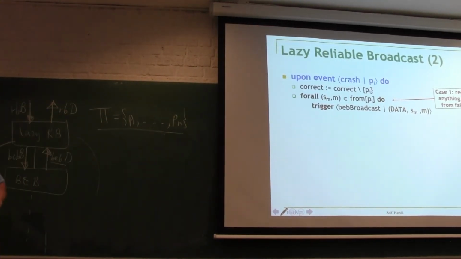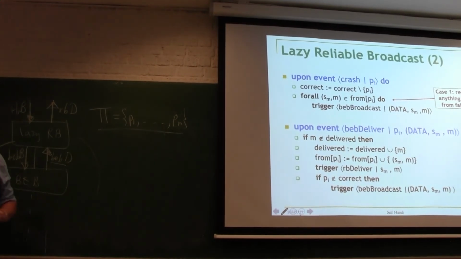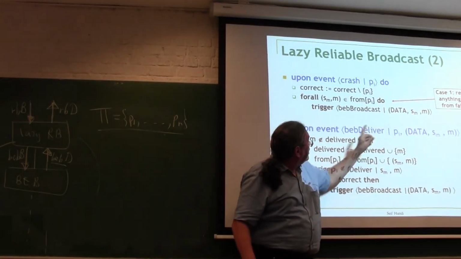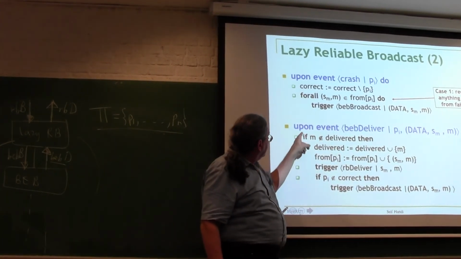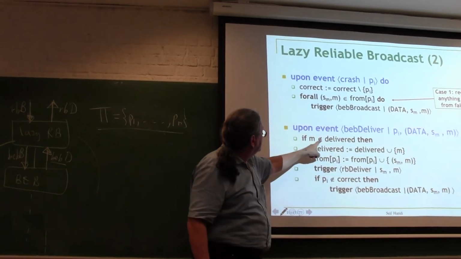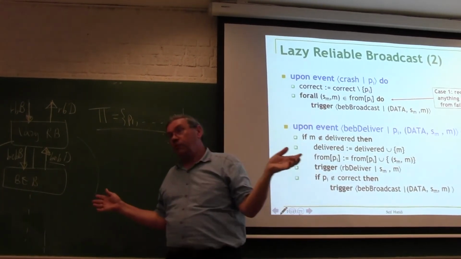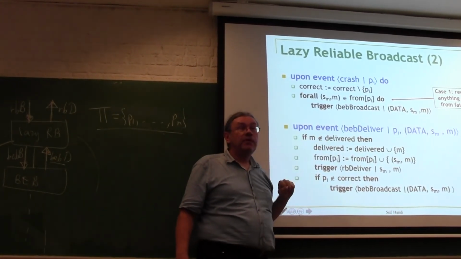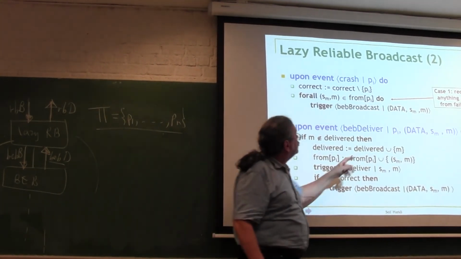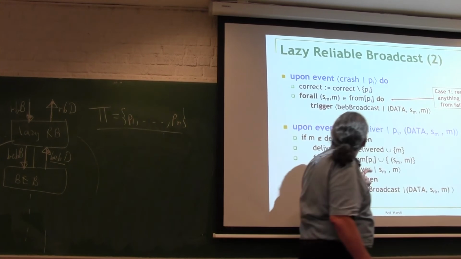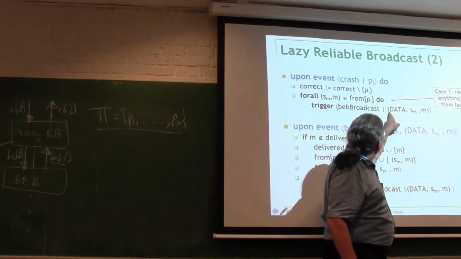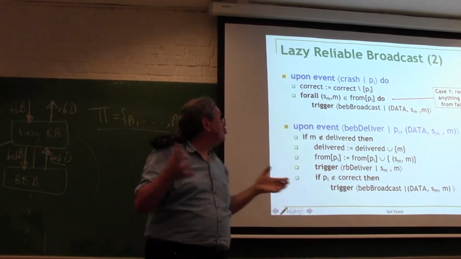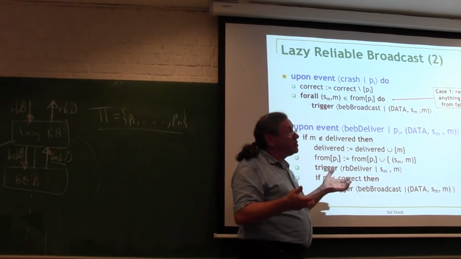And then we have a more complicated piece of code, and that's it. That's the whole code, but this is the most complicated one. So if the node gets a best effort deliver, first of all, there's an if. If the message is already delivered, we don't do anything. We only do this the first time we get a new message. What is data? Data is just some label, because we're sending like a record. So with the best effort broadcast, you can send any kind of package. We're not just sending a message.